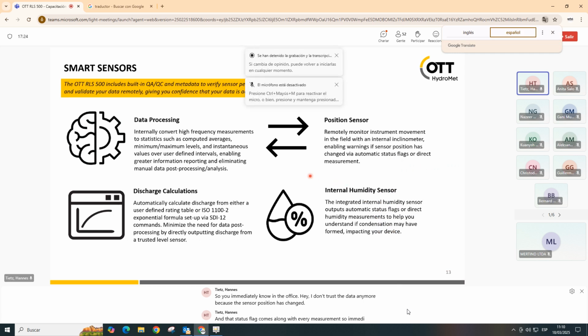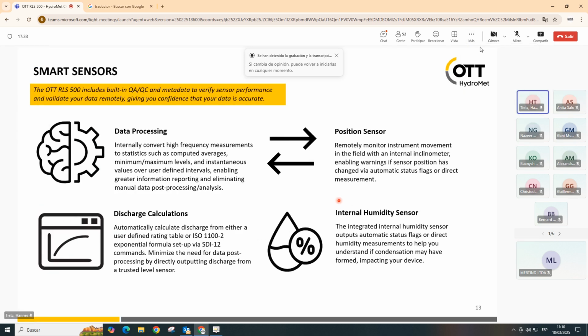That to the internal humidity sensor. So the sensor housing is completely sealed, and due to that, the